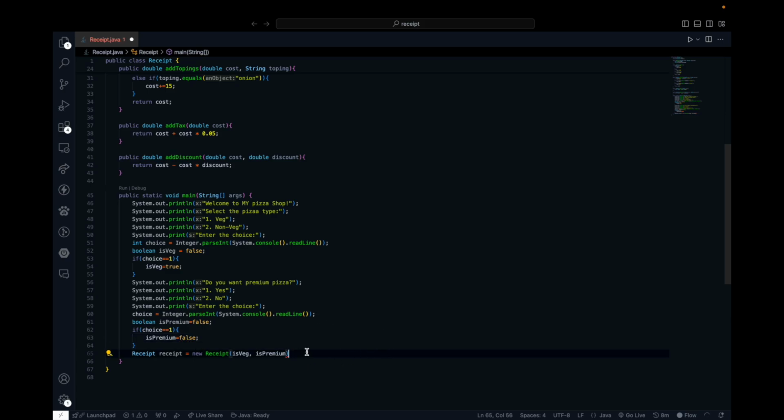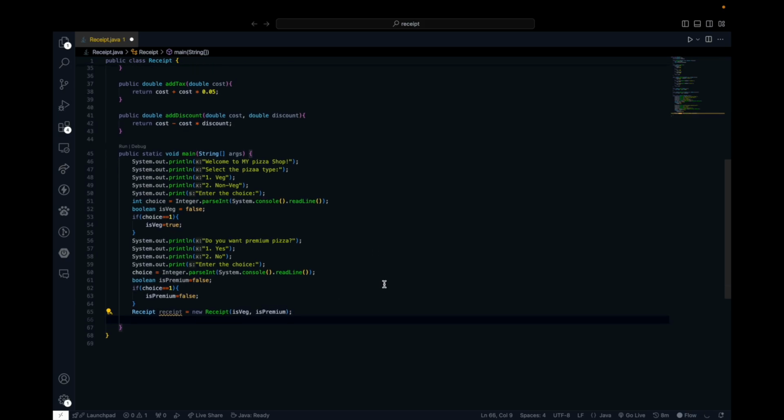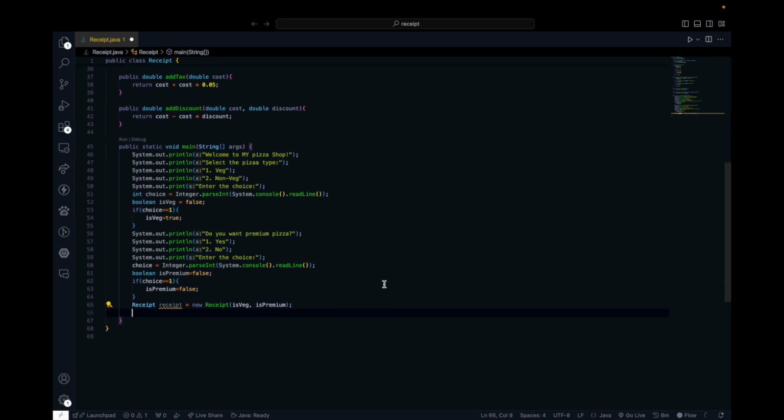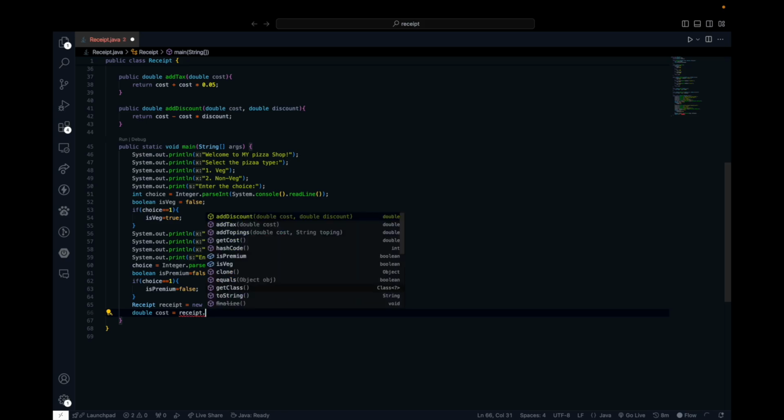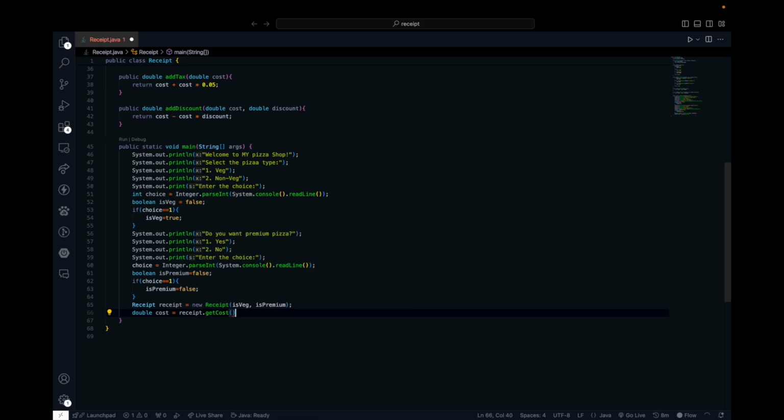Okay, now we got is premium and is veg both. We can calculate the amount from here itself. So double cost will be getting from the get cost function that we have created before,